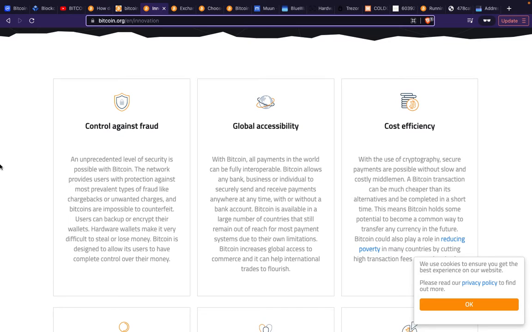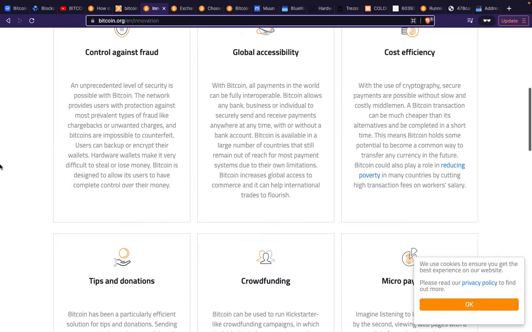Global accessibility. It's global. It's accessible. You can buy it anywhere. You can use it anywhere. Cost efficiency. You don't have to have men with guns to secure the network for you. The money can be self-sustained, and even if 0.5% of the computers on the network drop out, you still have a Bitcoin network that works. We saw that when China decided to ban Bitcoin mining.